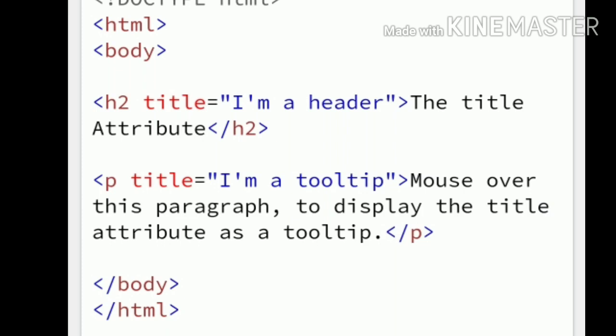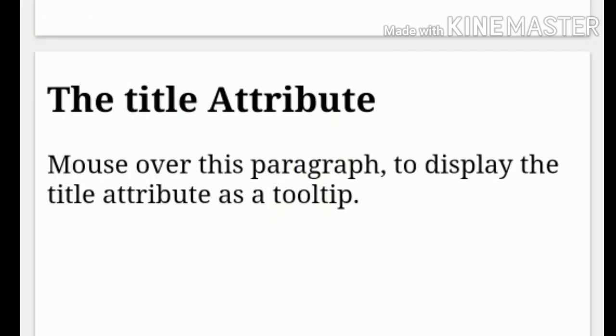You can give the html tag, head, after that you can give the title of the tag in the body: h2 title equal to I am a header. The title attribute on the h2 tag is closed with the closing h2 tag, and within the paragraph you give a title equal to, within double quotation, I am